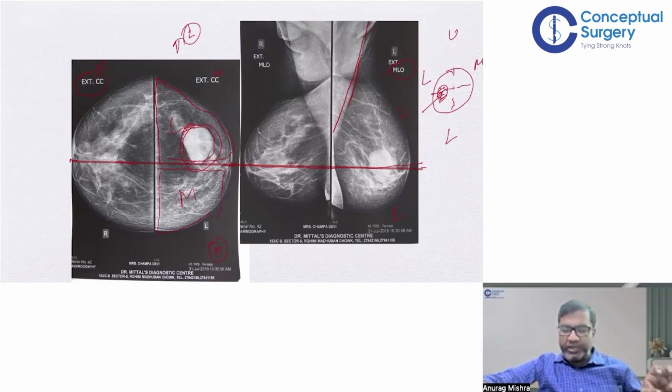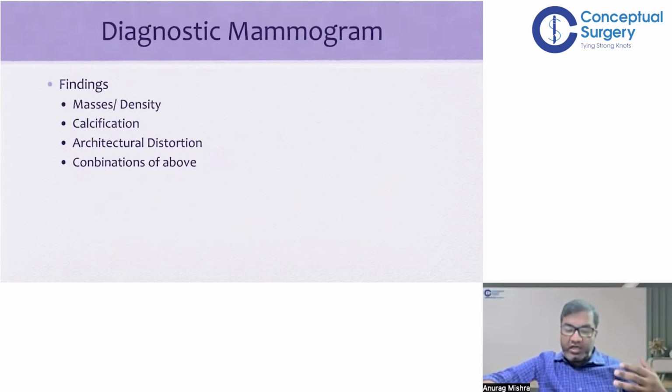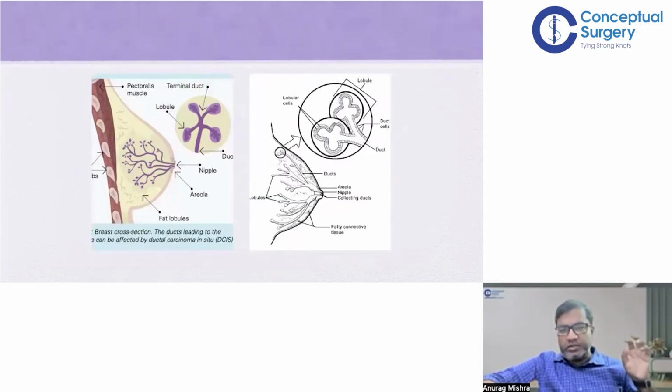Okay, now let's say, just for the sake of it, we see this shadow which is appearing here. Okay, so now I know this is on the lateral side, lateral half, and this is also on the upper half. So it means this shadow will be somewhere in the upper outer quadrant of the right breast. So this is how we use this information of the views. So these are the 2 views which are done for screening. And then for further evaluation, there are 2 more views which are done to see a lesion in detail, which are called spot compression